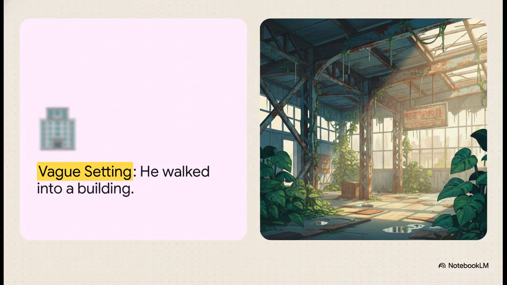We can break this down even further into the actual language used. While vague settings like "he walked into a building" offer a kind of universality and flexibility, or maybe a deliberate sense of mystery, vivid settings do the heavy lifting for realism. Listen to this. "He stepped into the abandoned train station where rusted metal beams dripped with rainwater and the smell of mildew lingered in the cold air." That incredible sensory detail maximizes your immersion and forces a much stronger emotional connection to the world.